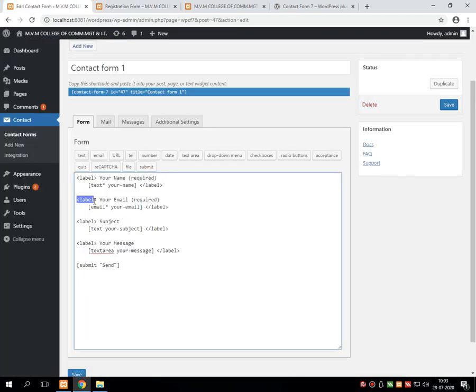Then after, another label is there which accepts the user's mail ID, which is again a compulsory field. So the same thing I have written, I have just changed the name from your name to your email, and from text to email.